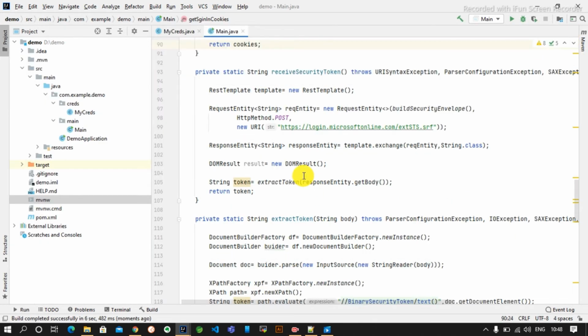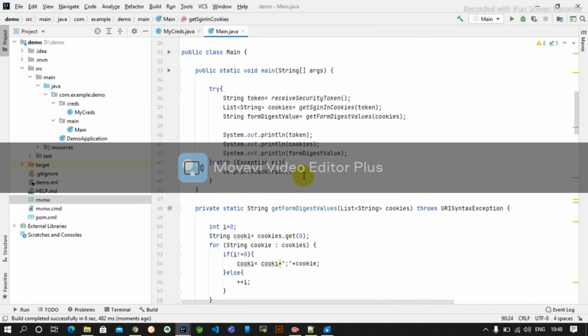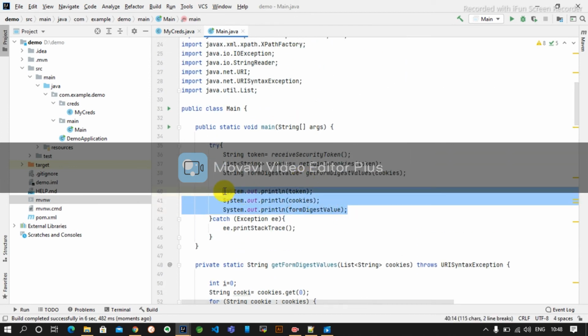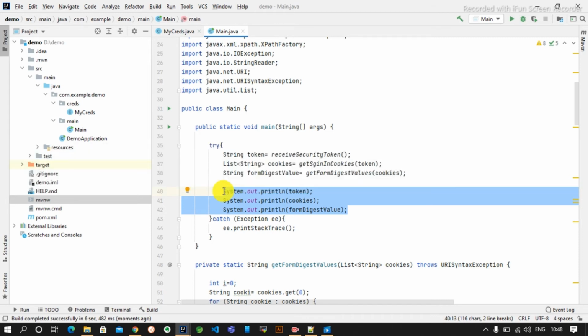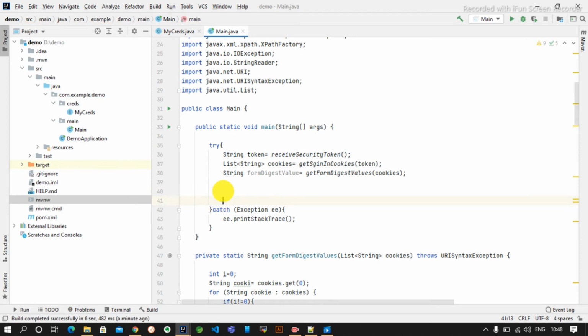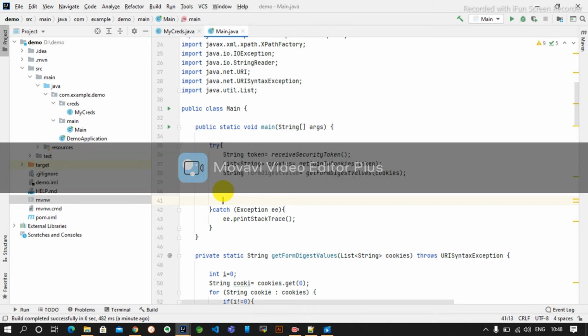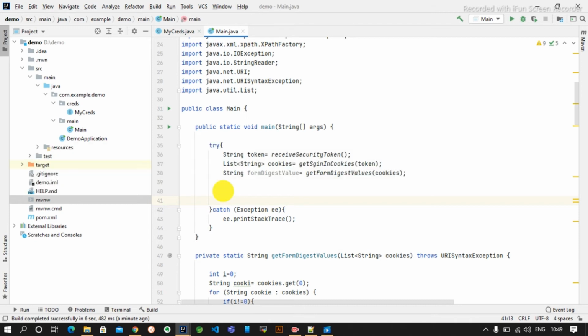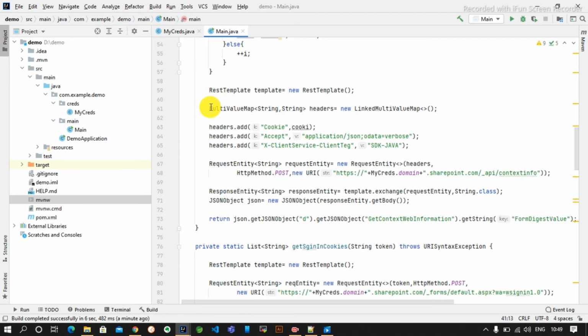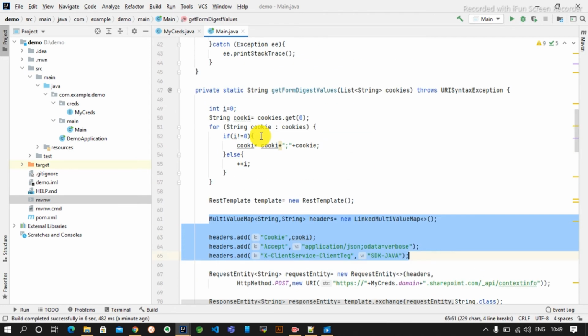So let's use these cookies to fetch real directory information from the SharePoint. Okay, so till now we have received all those security token, cookies and signature, etc. Now let's get some folders or folder list like this. Okay, we will use the same thing to generate the folders or the list from the SharePoint. Just give me 1 second. Yeah, that's the same thing we will use. I will not waste time. I will use this multi-value map, something like this.